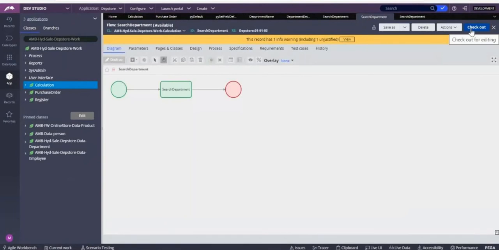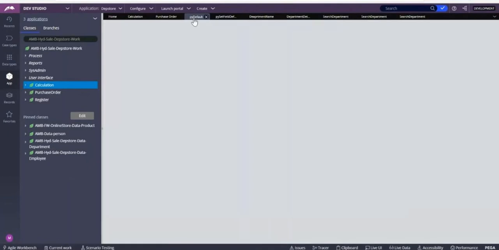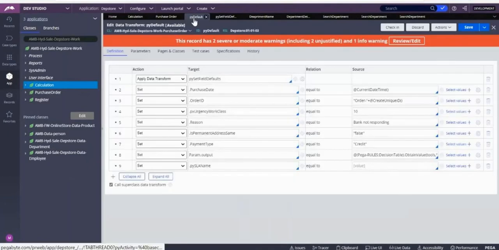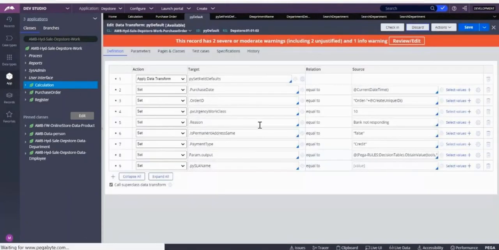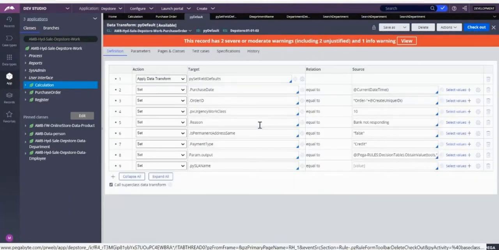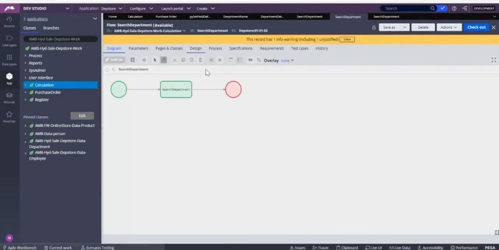in your flow. Now I want this as another new stage in my case type.